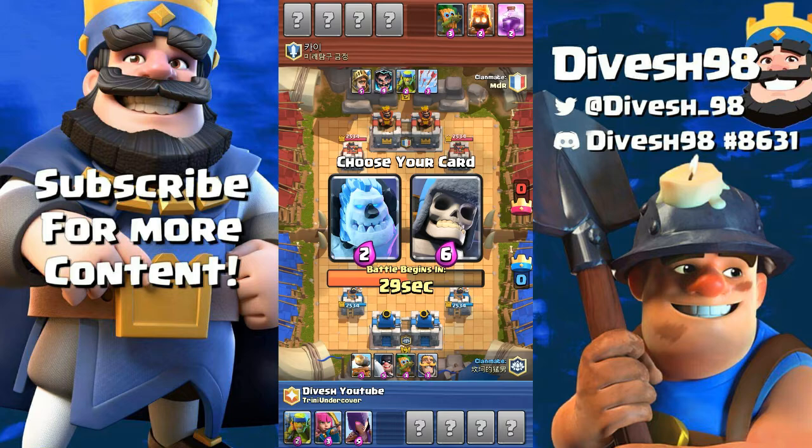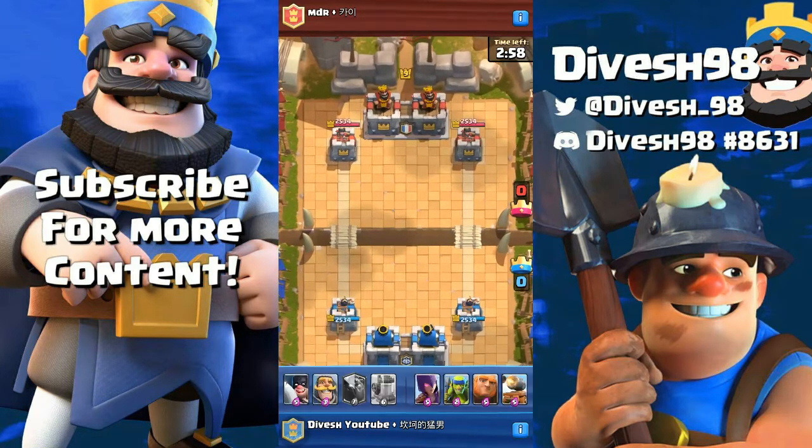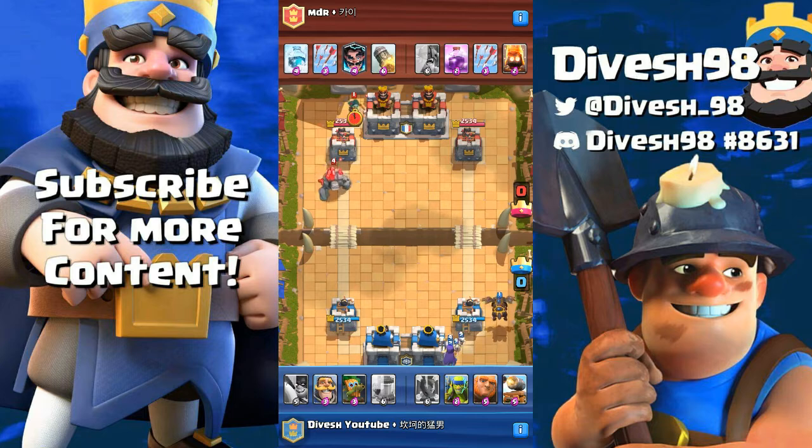However, if you're going to take the Goblin Barrel, be very careful and mindful if you give your opponent something like the Fire Spirits, Skeletons, Goblin Gang, Skeleton Army, or the Minions, because those cards are generally the same cost as the Goblin Barrel or less, so anything above that is actually good if they are going to counter it. So if you give your opponent the Fireball and they opt to Fireball the Goblin Barrel every time, that's going to be a positive trade for you, so don't worry about the Goblin Barrel being countered just by